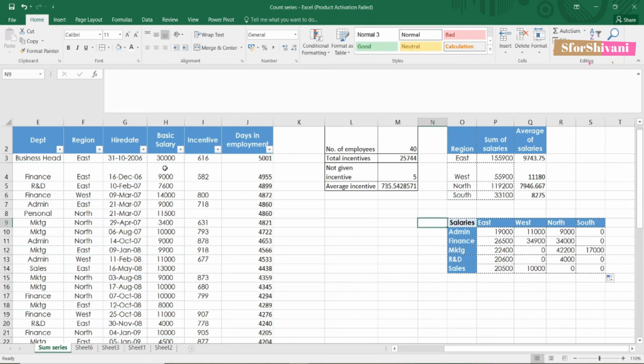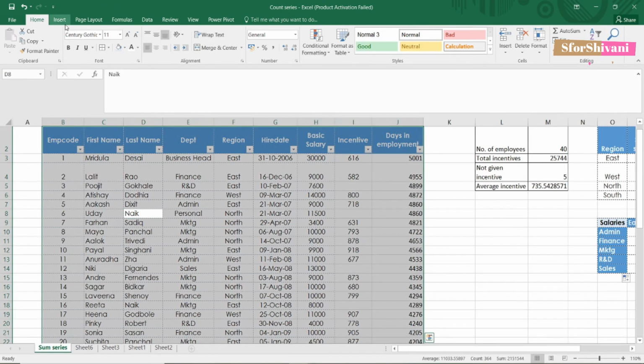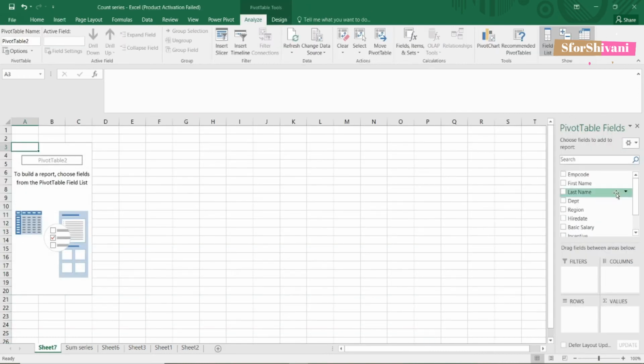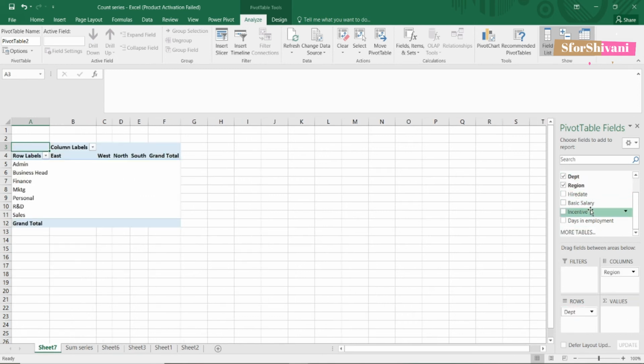To verify if the values are correct or not, we create a pivot table. So I select this data, I go to insert, pivot table, new worksheet. Here is going to be the department, region in the columns, and the value of salary here.